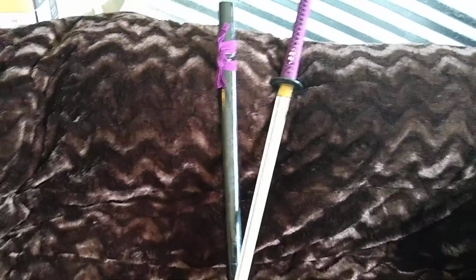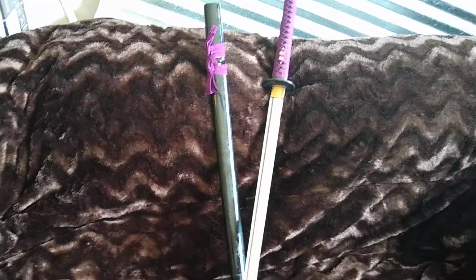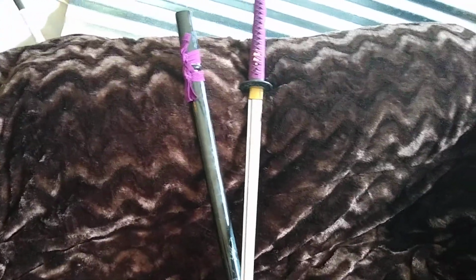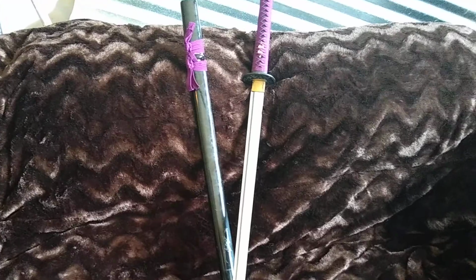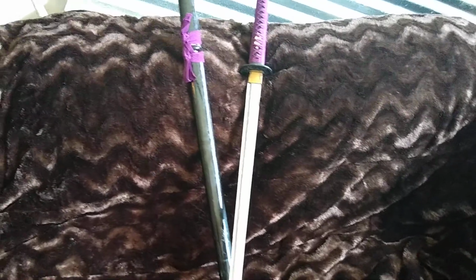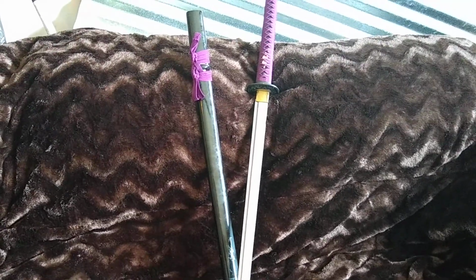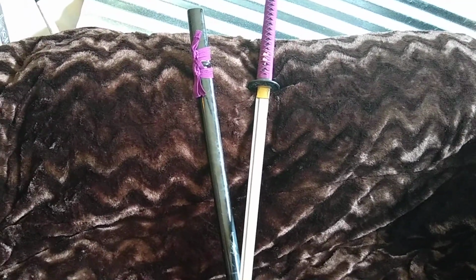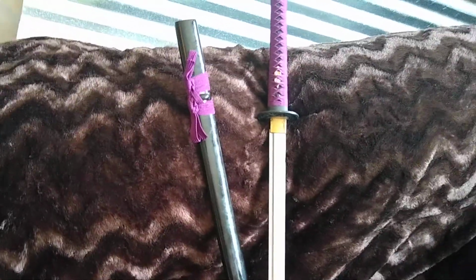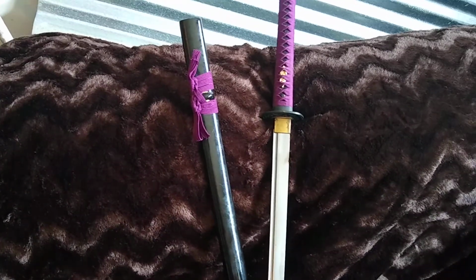I personally like all the different types. They can range in price from, I've seen them for as low as $20. I would question how sharp the blade and the point are on a $20 samurai sword. If you want a decent one that has a sharp blade and a sharp point, you're probably gonna have to spend around $80. It's worth it. These types of swords usually have sharp blades and sharp points. Most of the decent ones run you around $100 or so, even more than that, depending on the detail work you want in both the blade and in the pommel,